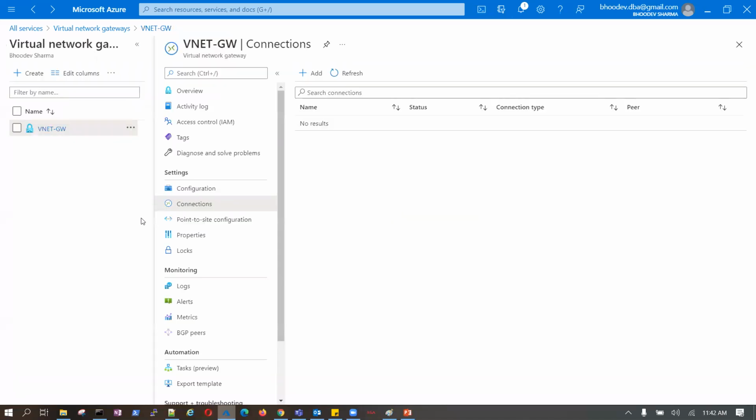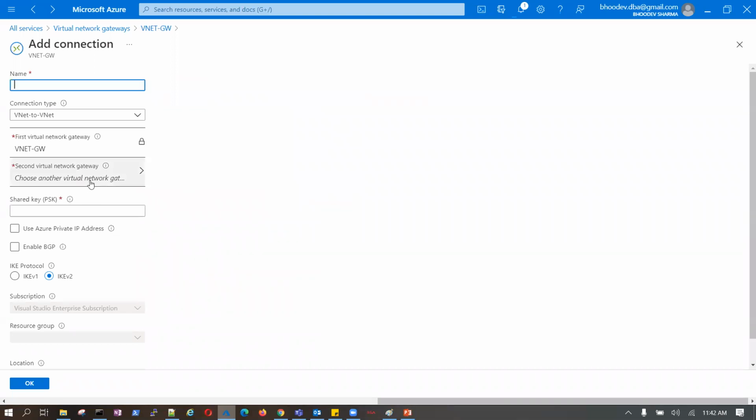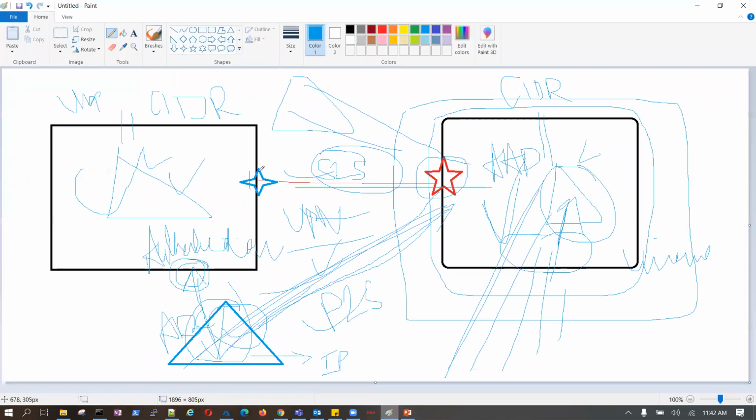This is a virtual network gateway, and the second virtual network gateway, kind of a customer gateway, this one.